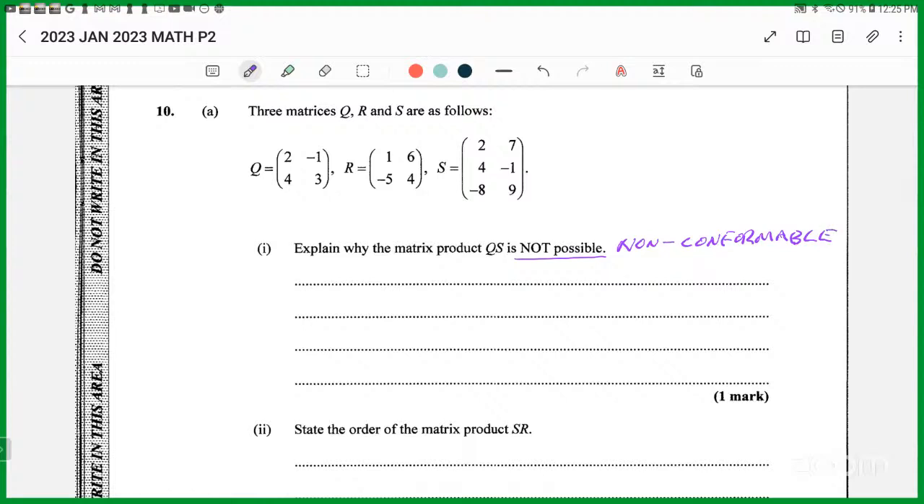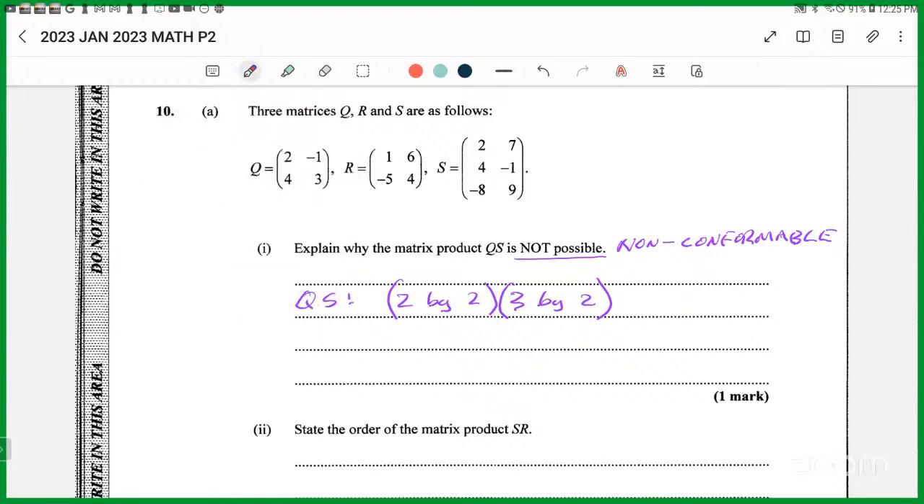Why is that? Because in QS, you'll be multiplying a 2 by 2 with a 3 by 2. Let's write it out. QS will be a 2 by 2 times the S, which will be a 3 by 2, 3 rows with 2 columns. So for the matrices